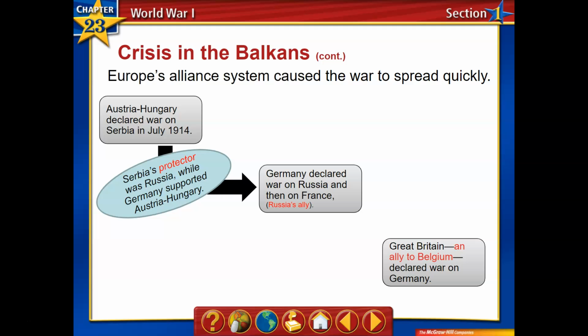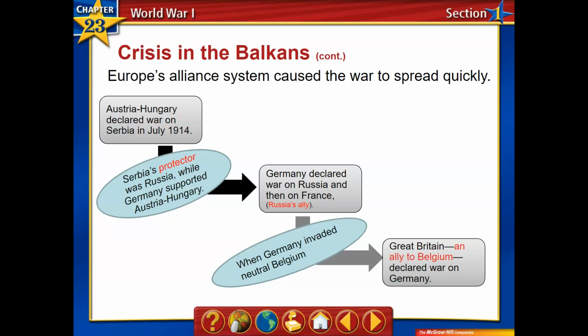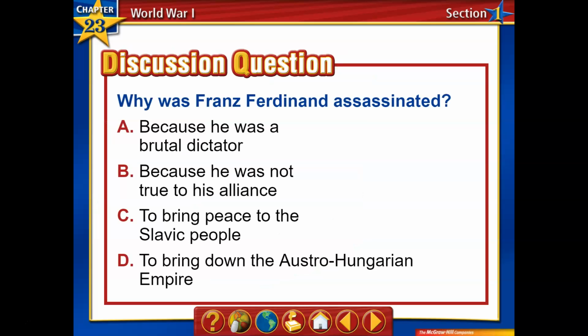Belgium's a neutral country. However, they have their own alliances, including with Great Britain. And so Germany decides to invade neutral Belgium on, again, the idea that they could surprise, and also it gets them closer to Paris. And so they invade. Well, that brings in Great Britain, who's an ally of Belgium. And it was largely going to stay out of the war. But again, they had an alliance with Belgium. This one's a little bit more of a secret alliance, which also plays a role in starting World War I.